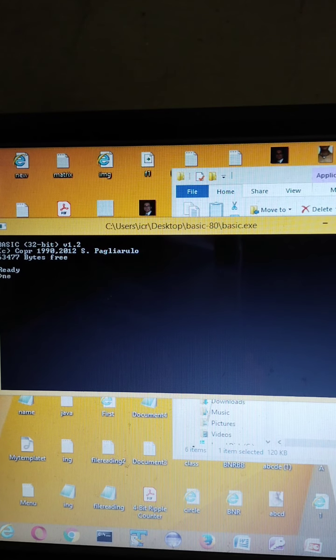I assume you must be aware of NEW and AUTO now. AUTO will give us the line numbers automatically. So here we are writing INPUT. In the message we'll write name, age and nationality, and we can write 1 for Indian, 2 for others, so that the user gets an option of what to do.